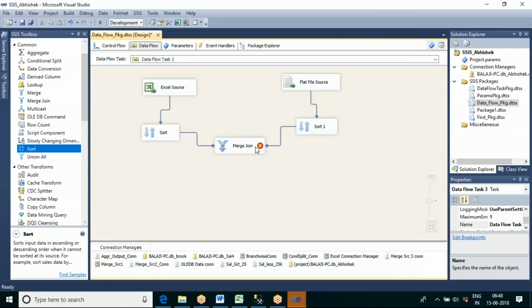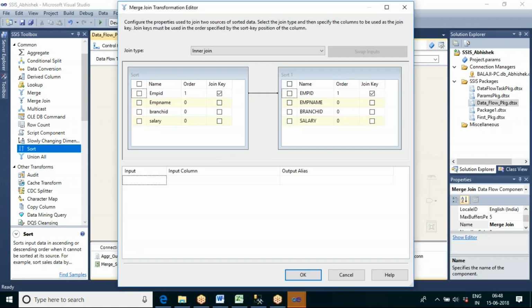If I go for merge join, you can see we are able to join these two inputs, and now you can see the mapping column also is there. What is this mapping column? We are comparing these two tables by using this employee ID column. We need to make sure that at least this column's data type, the mapping column data type, matches.